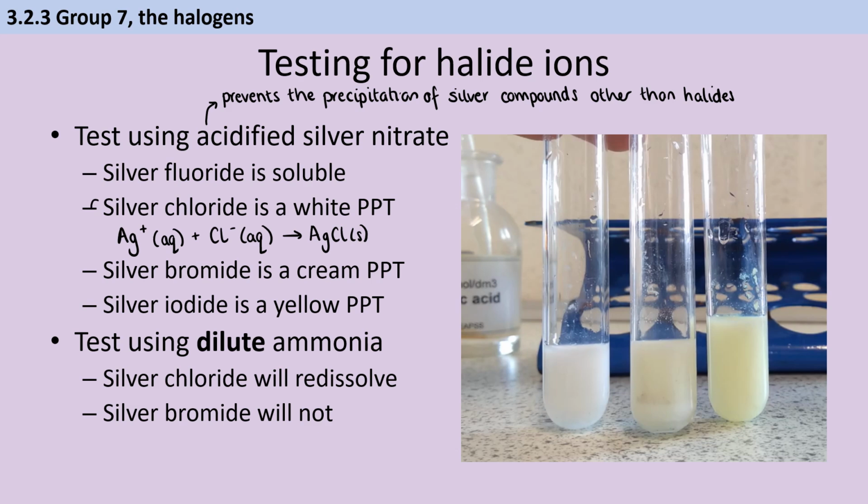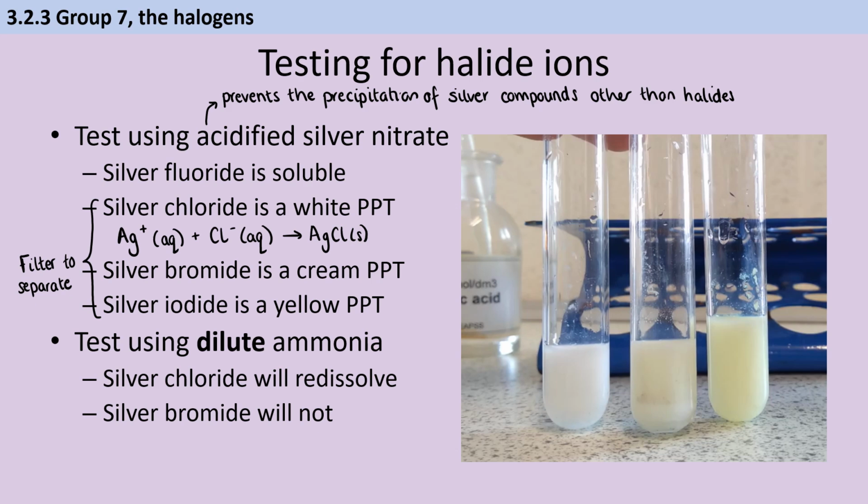And if we wanted to analyse those further, say look at how much was made, we could filter them out of the solution because they are insoluble. Now, if you produce just silver chloride or silver bromide in isolation and you don't have anything to compare them to, it might be hard to say whether it is white or cream. So we can identify this further by adding dilute ammonia, because silver chloride will redissolve in that dilute ammonia, but